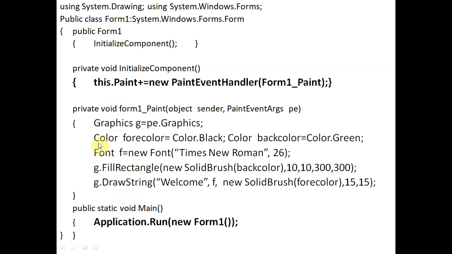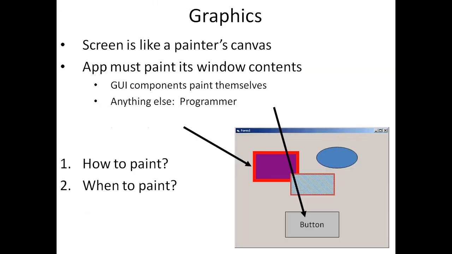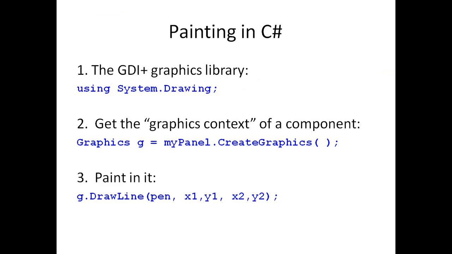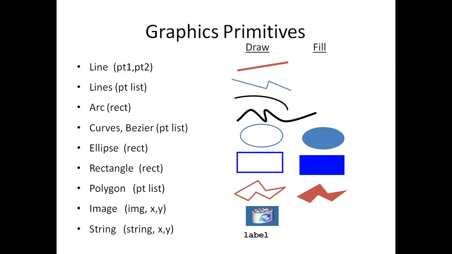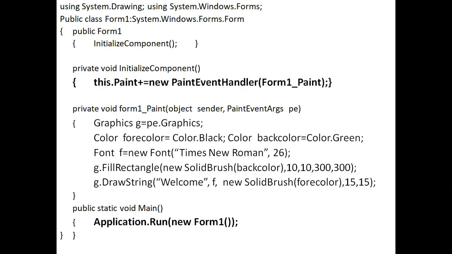So we have configured the ForeColor, as well as we have configured the BackColor. So ForeColor = Color.Black and BackColor = Color.Green. So foreground color as well as background color we have given here. So you will see the output of this program. The foreground will be black, and the background will be green.